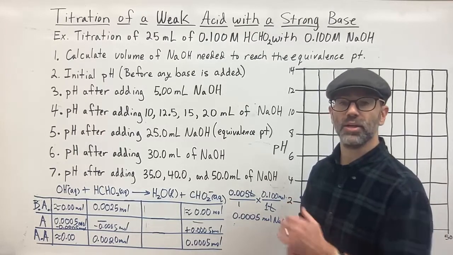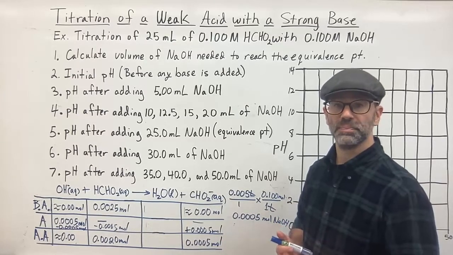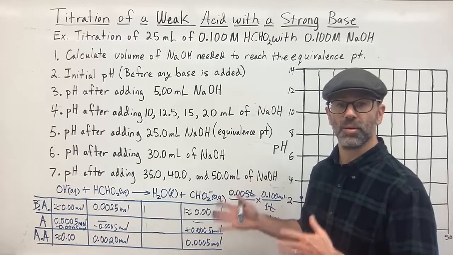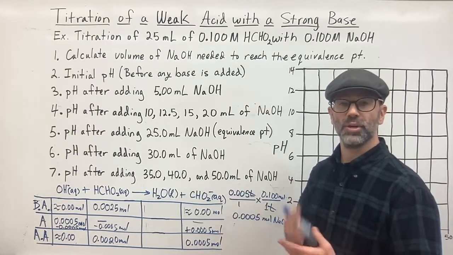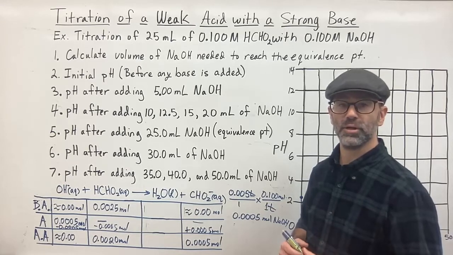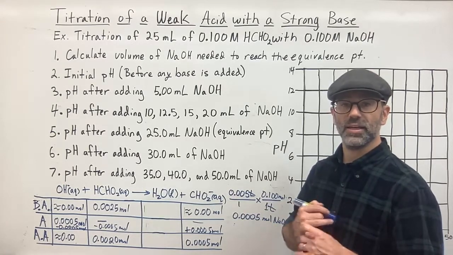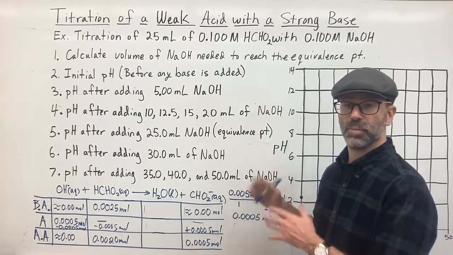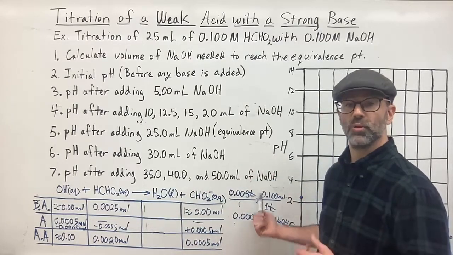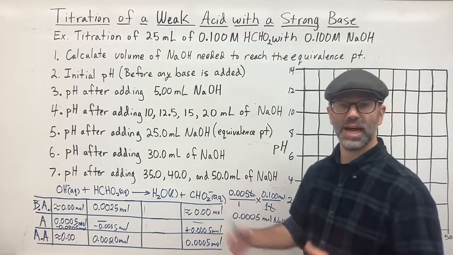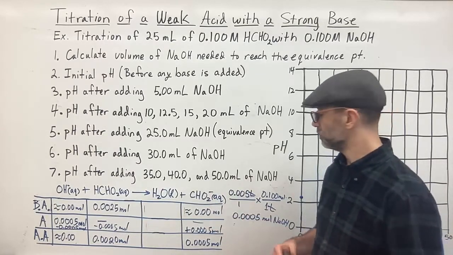So now we can do the Henderson-Hasselbalch equation for the equilibrium portion of the problem. So remember, when you've got a buffer, there's two parts when you're adding something to a buffer. You've got the stoichiometry part, which we did, and then you've got the equilibrium part, which is what we're going to do with the Henderson-Hasselbalch equation. Or if you like, you can do an ICE table and do it that way as well. Okay,